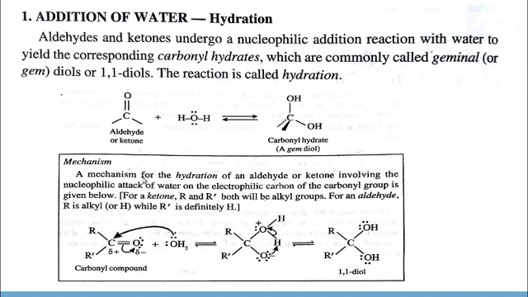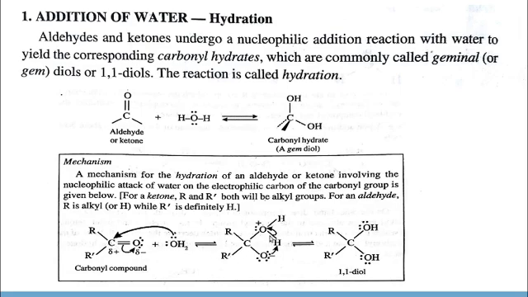Here you can see the mechanism. In the mechanism, a water molecule acts as a nucleophile. Here you can see two electron pairs are there, so it acts as a nucleophile. Then when it attacks the carbon atom, this electron pair shifts to this oxygen atom. So this oxygen gets a negative charge, and then this carbon becomes positive. So that means this carbon becomes electrophilic. Positively charged or electron deficient species are electrophilic.